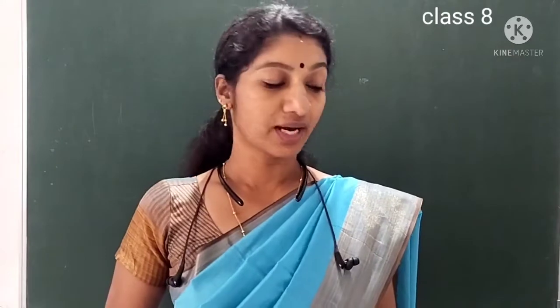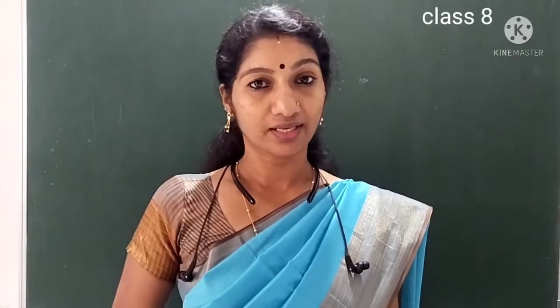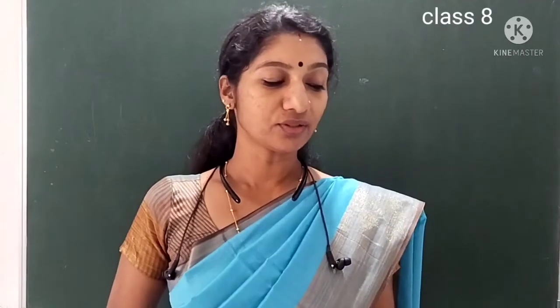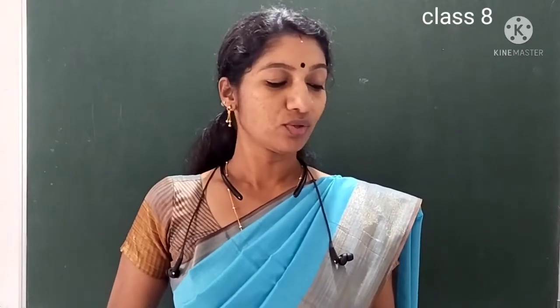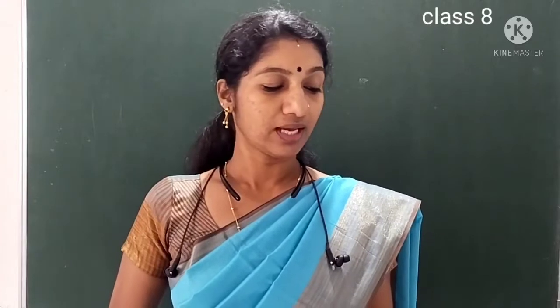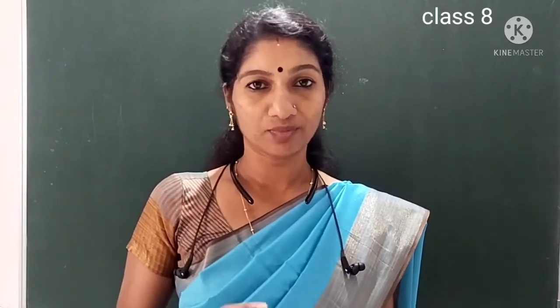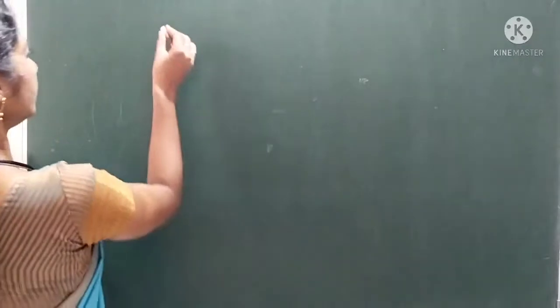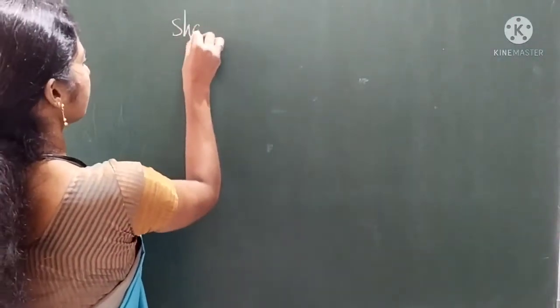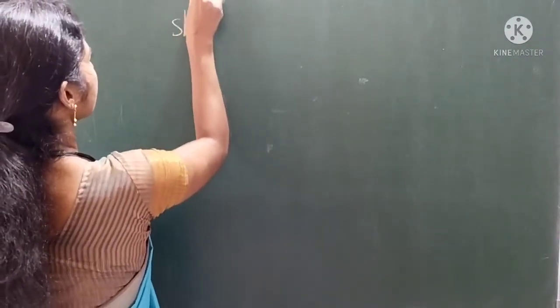The length of the shadow of a tower 100 meter high is 36 meter at a particular time. Find the height of an electric pole whose shadow is 9 meter long at the same time. So two quantities are given, you understood. One is the length of the original object and the other is the length of the shadow. After reading the question you will make a table with these two quantities, isn't it? So here, shadow length, original length